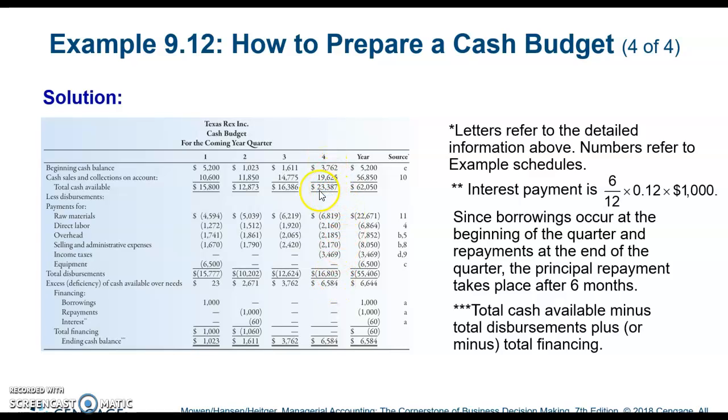Okay, and that has $23,387 available. We have to pay out $16,803. So we have $65.84 of excess. We don't have any loans to pay off, so we end up with $65.84 at the end of the fourth quarter. That will become the beginning of the first quarter of the following year's balance. Okay, so here is our cash budget, and now we know exactly what we need to do each quarter to make sure that we can get through with the cash that we're going